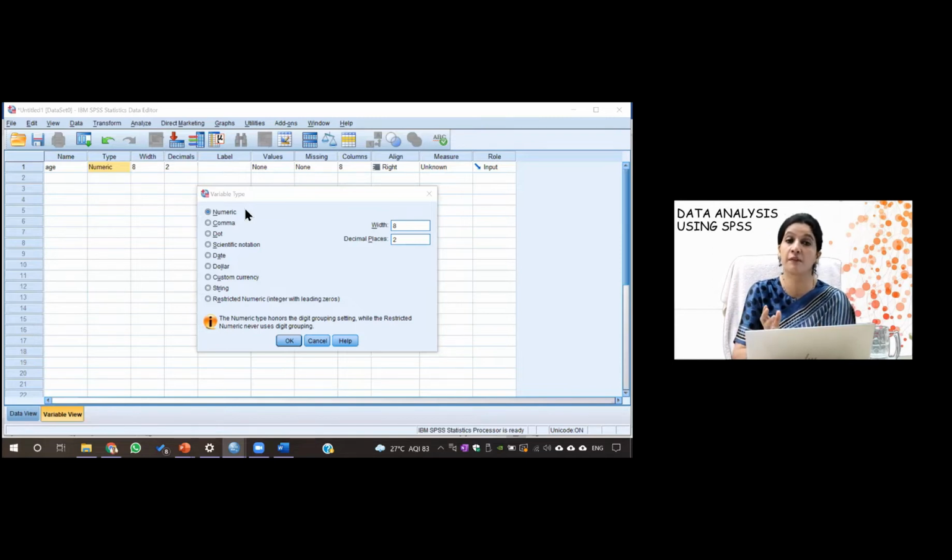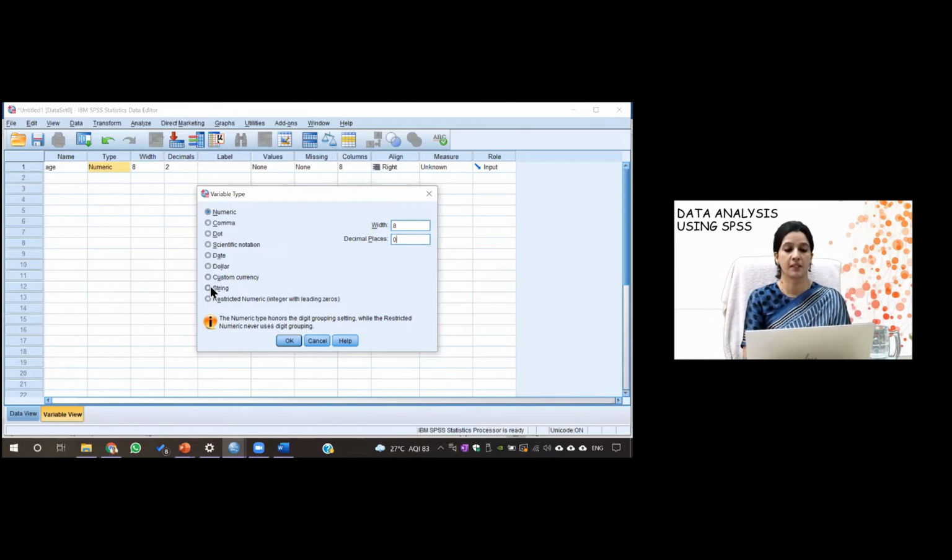That's why we have given 1 and 2 as male and female, 1, 2, and 3 maybe mild, moderate, severe, and so on. So you give a value to any variable. So generally we use numeric, and this tells you about the decimal places. In case you are taking anything to 2 decimal places, you can keep it as 2, but since age is measured as a whole number, I have kept it as 0. This width tells you till what point it can take.